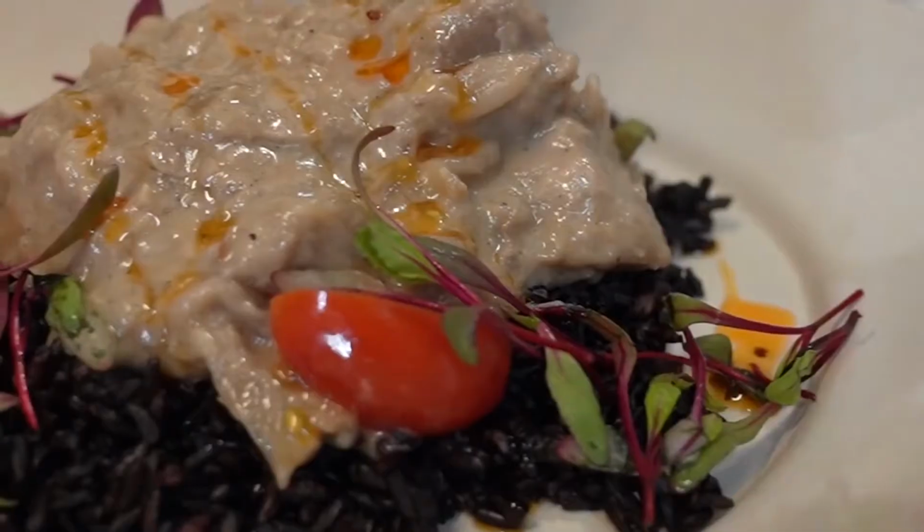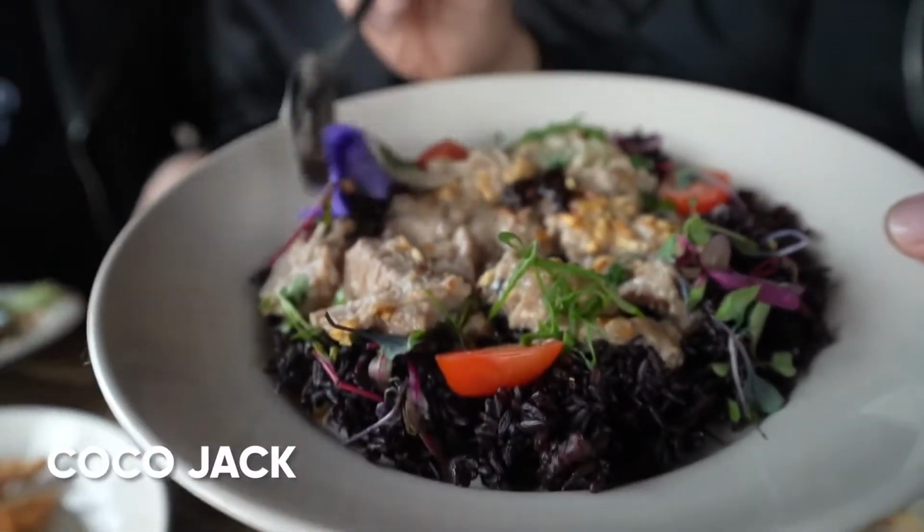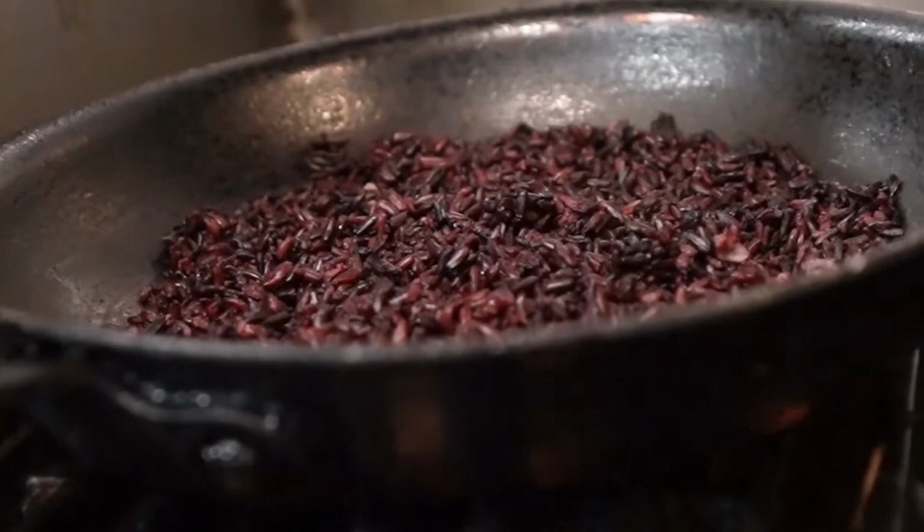Hold up. Yo, I'm super excited. This looks like that kind of upscale vegan dish that you would buy out West Side for like $20. But this is the Filipino version. Coco Jack. Oh my God. You guys, there's a reason that Spoon and Pork has a 4 out of 5